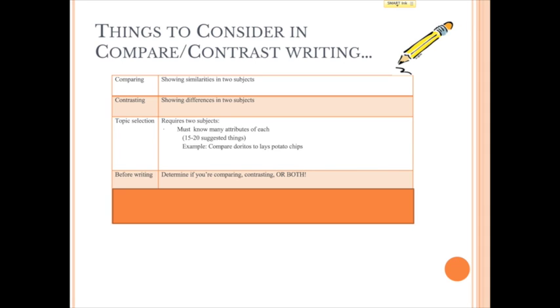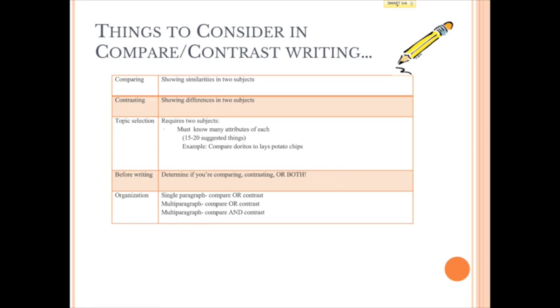So before writing, it's really important that you think about, what am I going to do here? Am I going to do just contrasting? Am I going to do comparing? Or am I going to do both? Reason being, that could significantly limit the amount of attributes and things that you figure out for each topic, because if you don't need to know both similarities and differences, then you don't need to look for those types of topics, right? So something to think about, if you're asked to write just a single paragraph, I would pick one